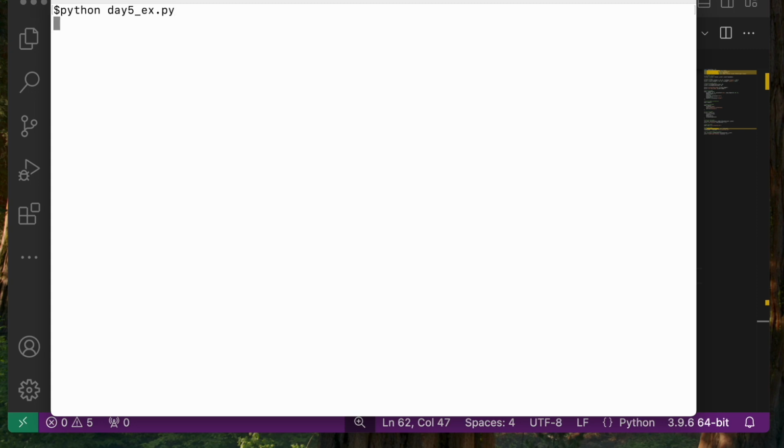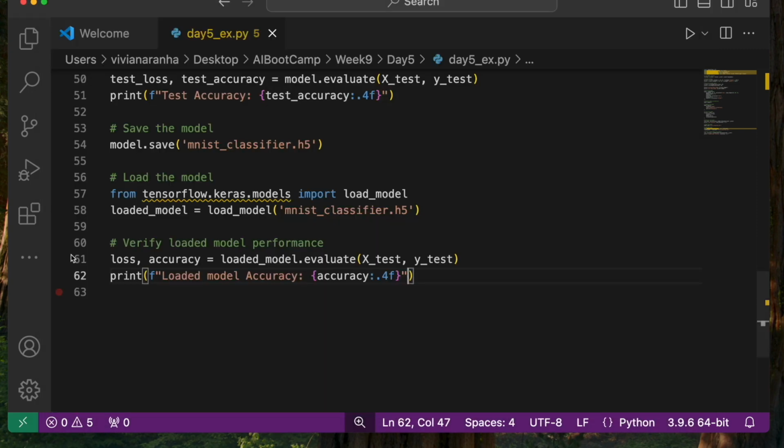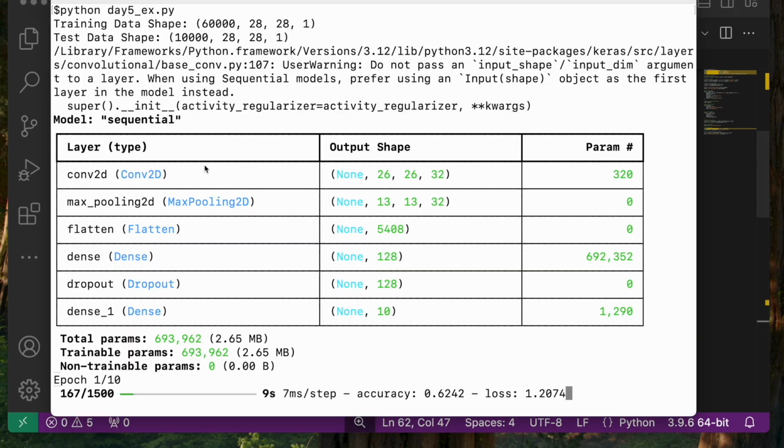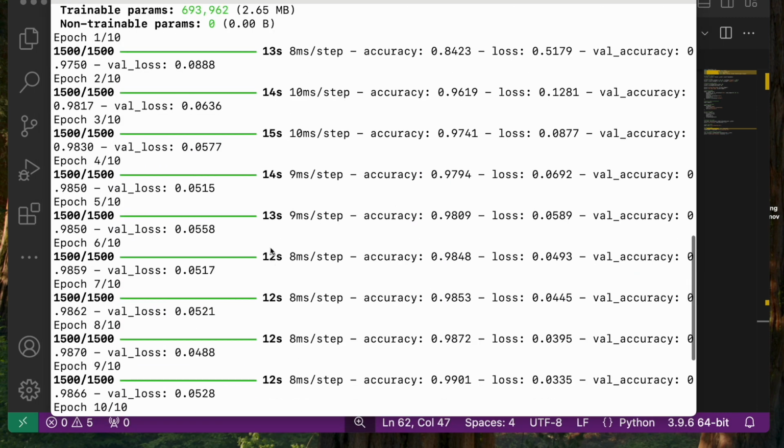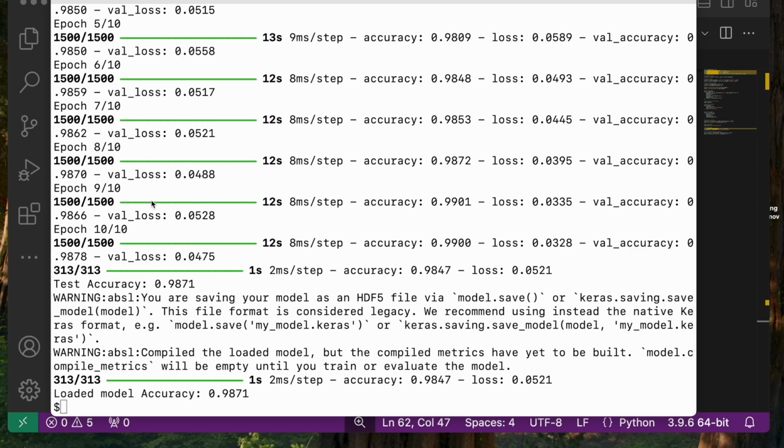Clear it out. Run it all over again. So we'll see the summary. We'll see all the things that you've done here, one step at a time. So my summary is now going here again, and it's going to run through 10 different cycles to train the model. So I'm going to give it a little pause and come back to it once it's done. So it took some time and went through all the 10 epochs.